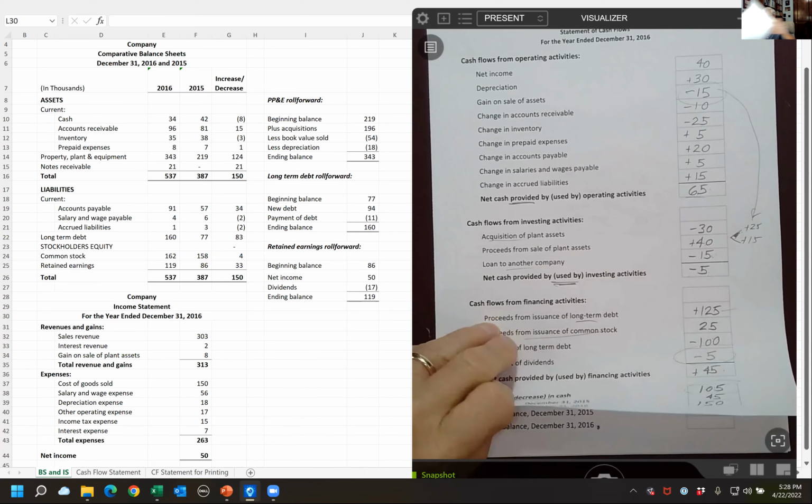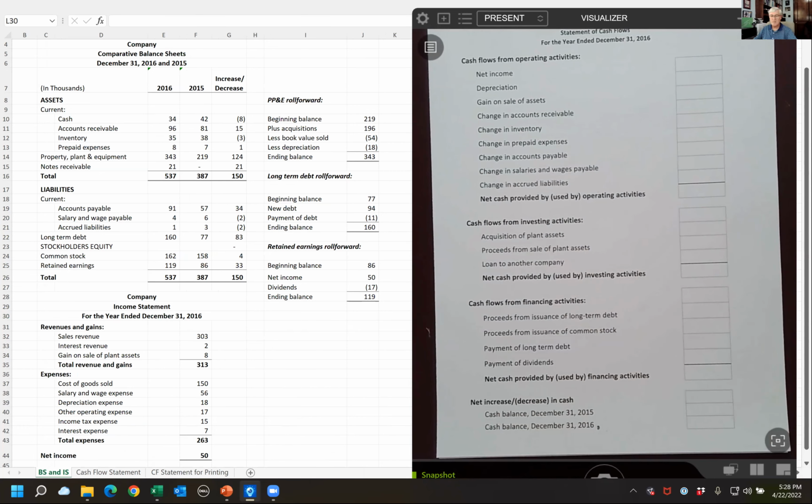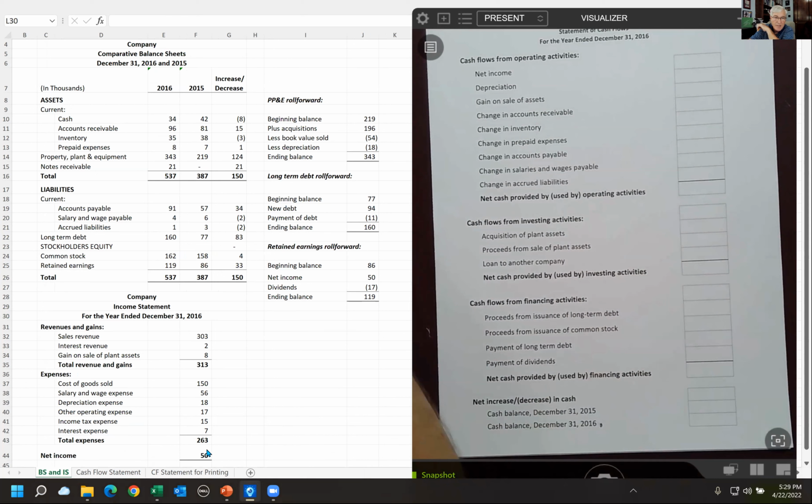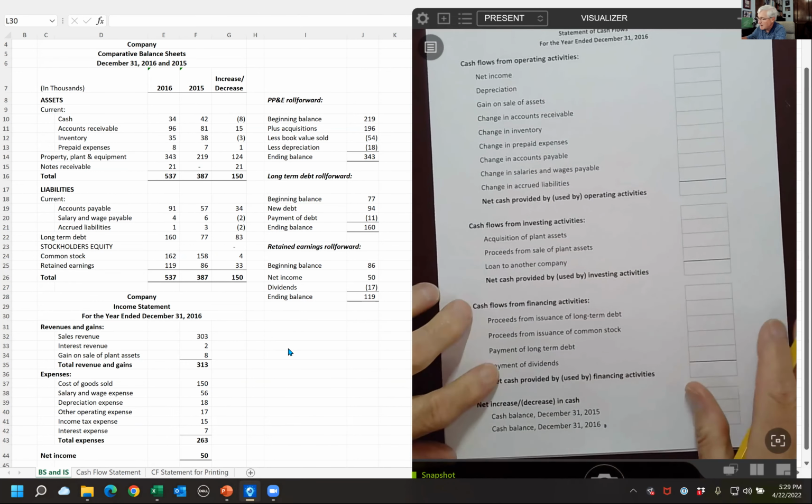All right. Example number 2, going to work exactly like example number 1. So we've got, start with net income. Here's the income statement. Here's the balance sheet. Here's my supplemental information. I'm going to use that again. I'm going to start with net income